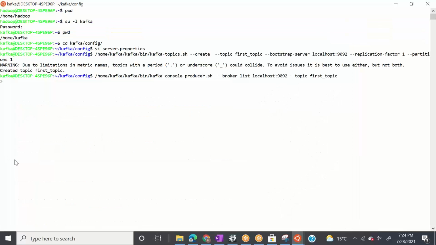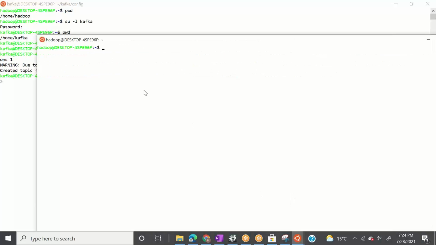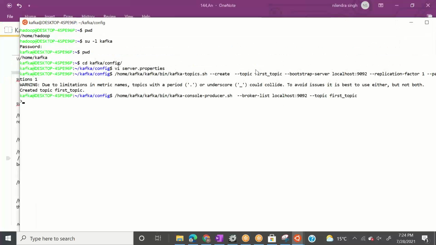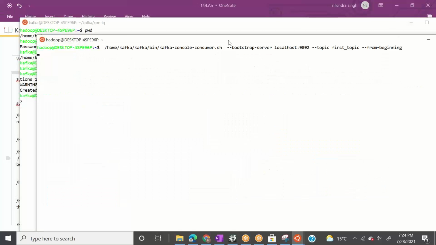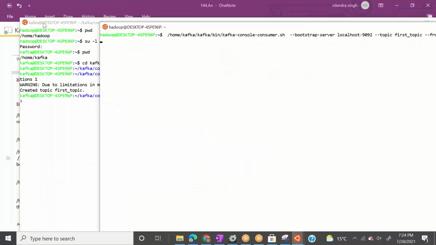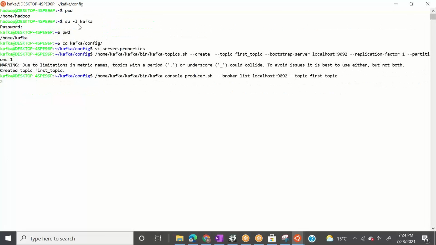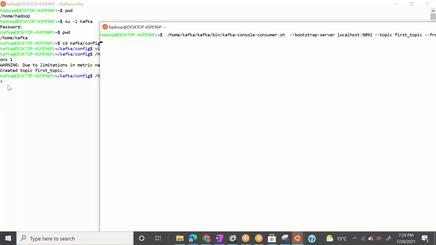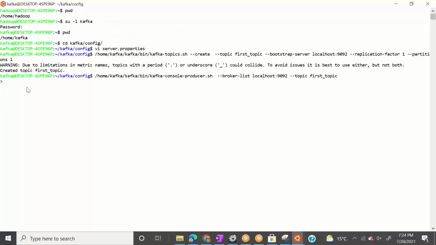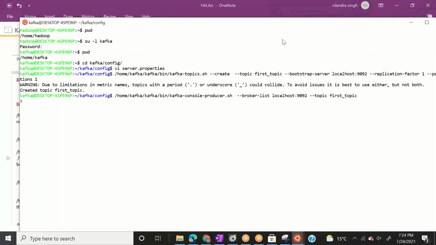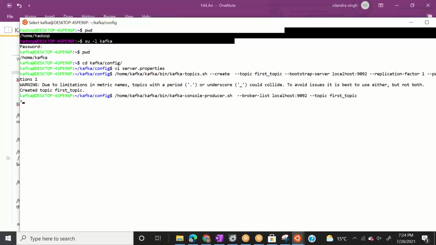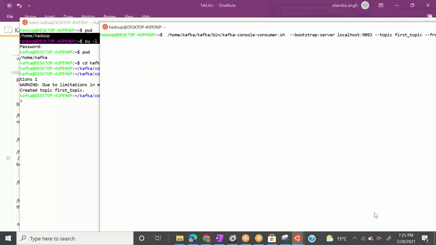So let's start one more window, and inside this window, let me start this. Let me minimize this and maximize this.